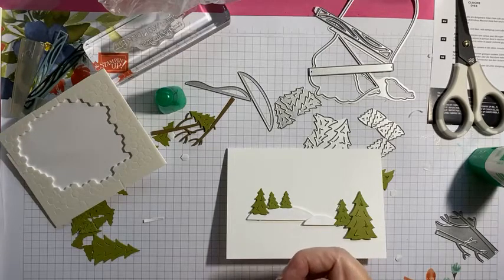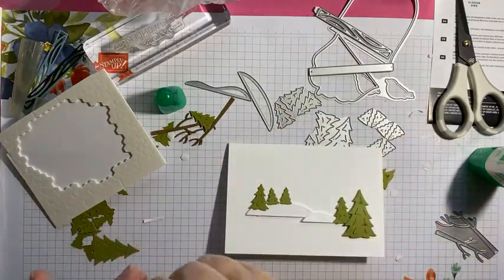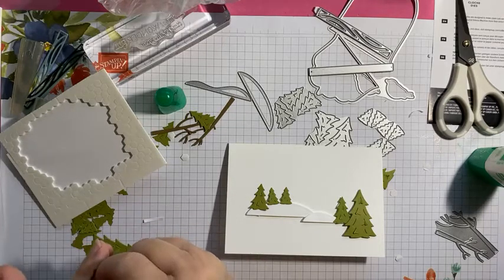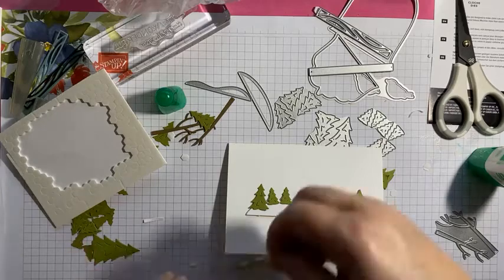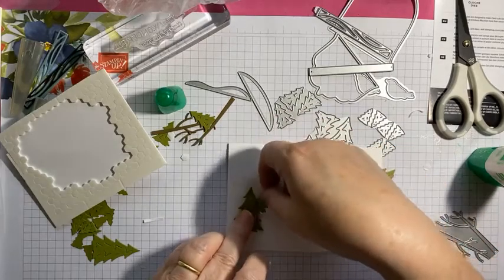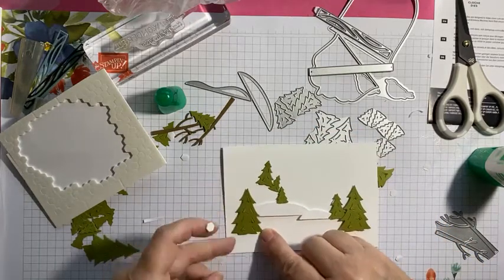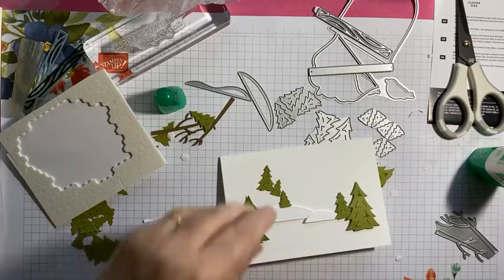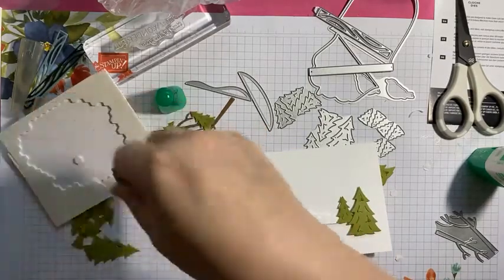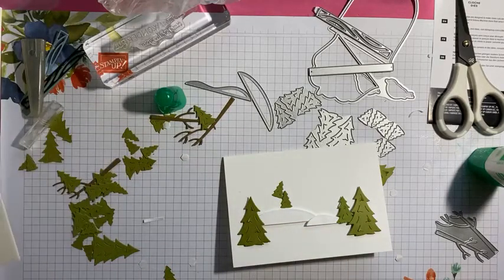Now this one I'm going to have the top resting, so oops. So how many trees have I got here in total? He needs one towards the top. Actually, I'm going to use that other piece, long piece that I cut, which I've put somewhere, but